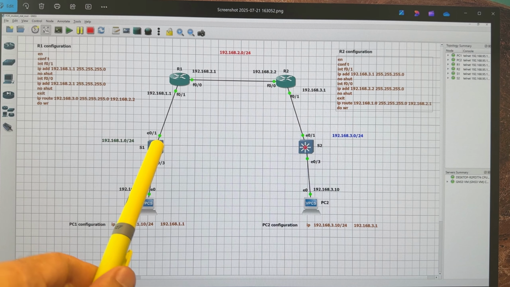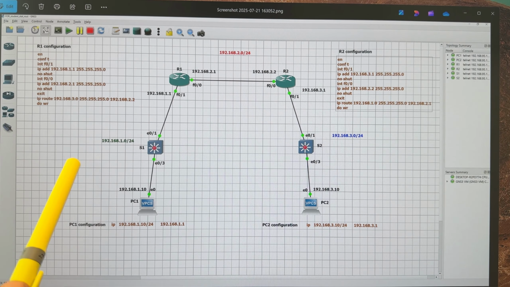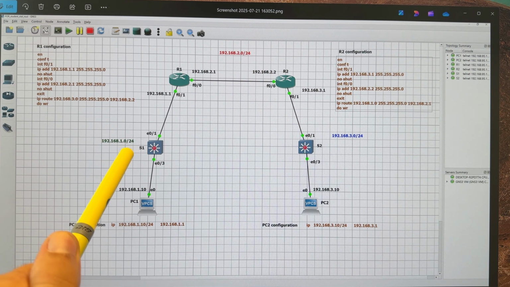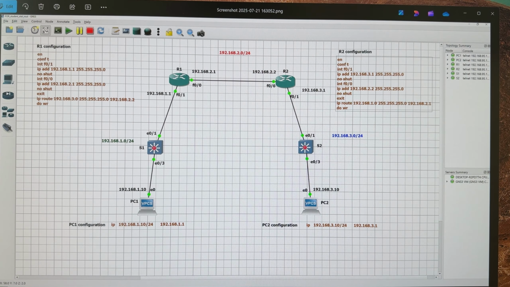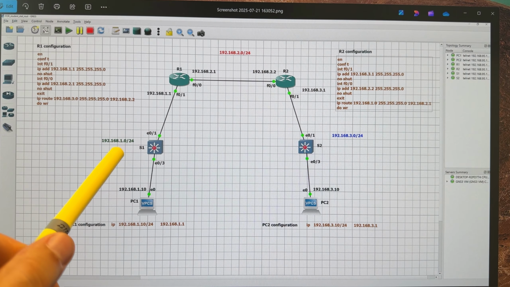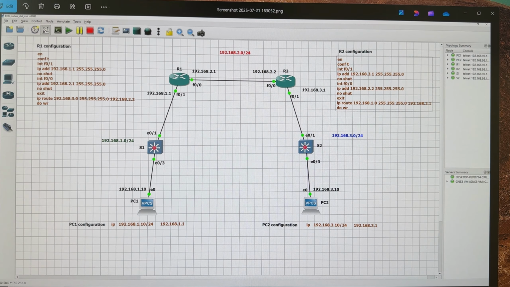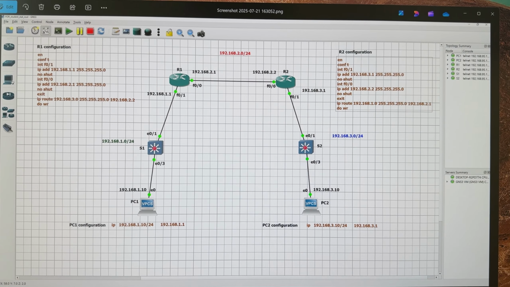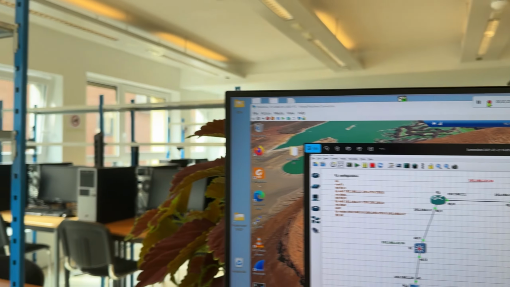Also, I configured on this switch VLAN interface 1 with an IP address, the last octet being 50/24. I also configured the default gateway and no shutdown. I am going to do this right now, but on real equipment. I will show you what I'm going to do. Let's look